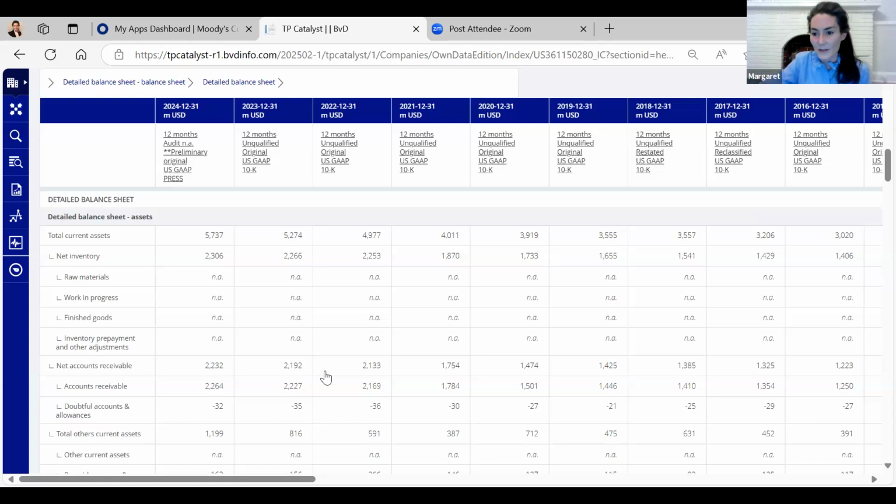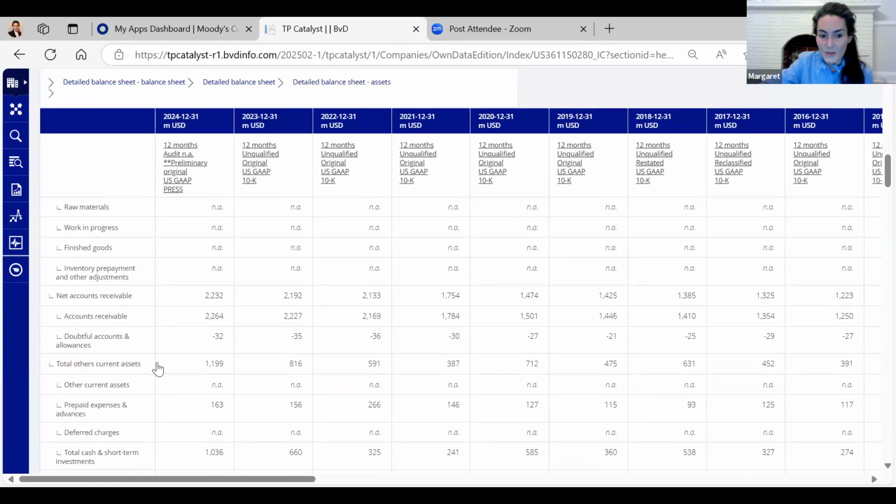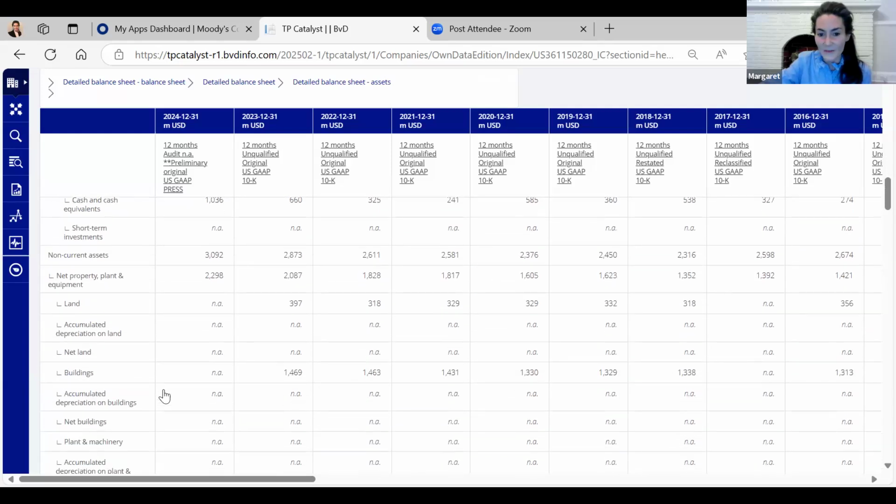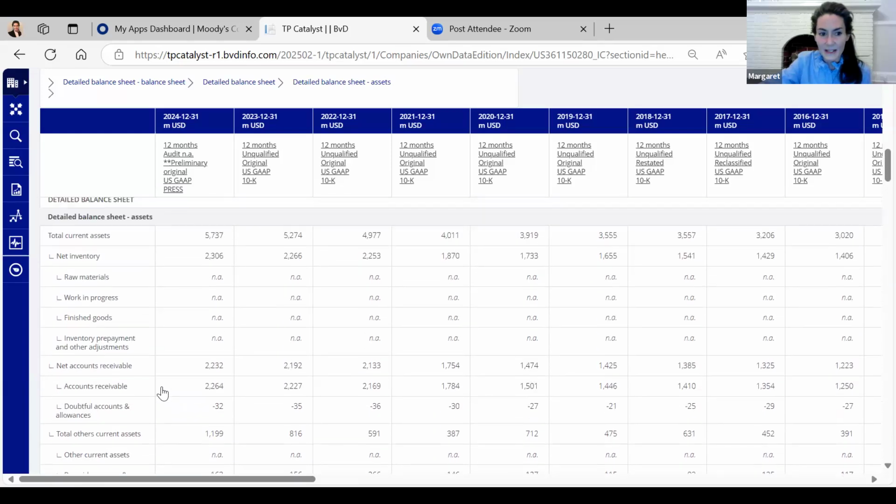And you just have to put the financial data in for one format. You also don't have to put in financial data for all of these line items. You would just need to put in financial data for your income statement items, which I'll show you in a second, and for the balance sheet items that you would like to adjust.